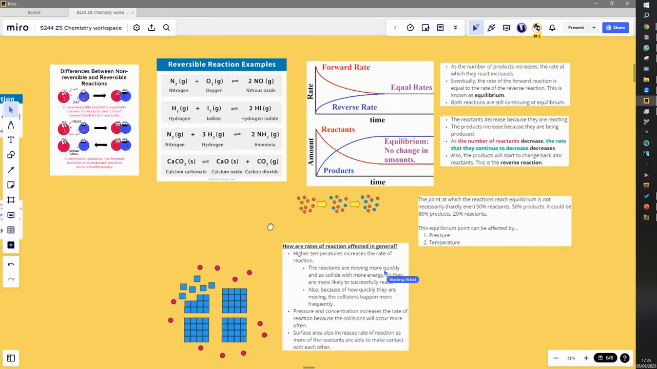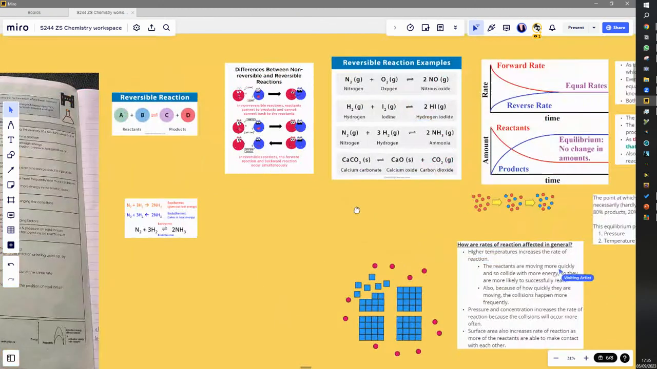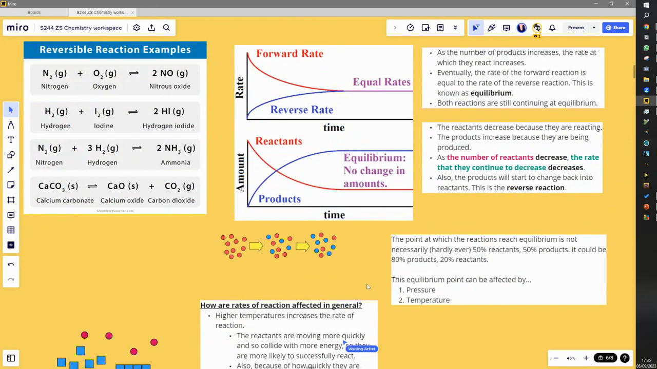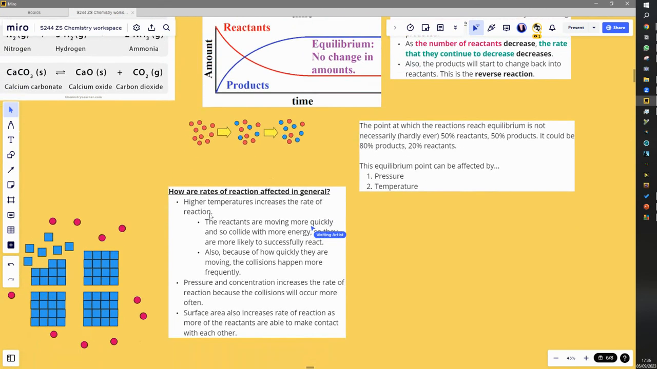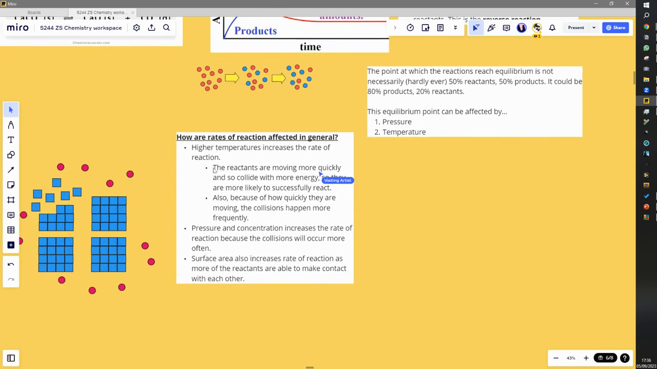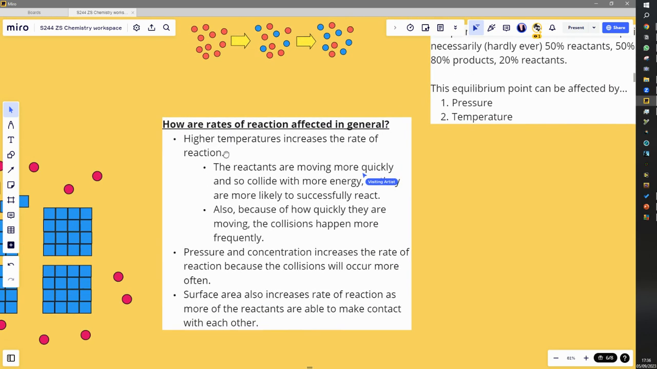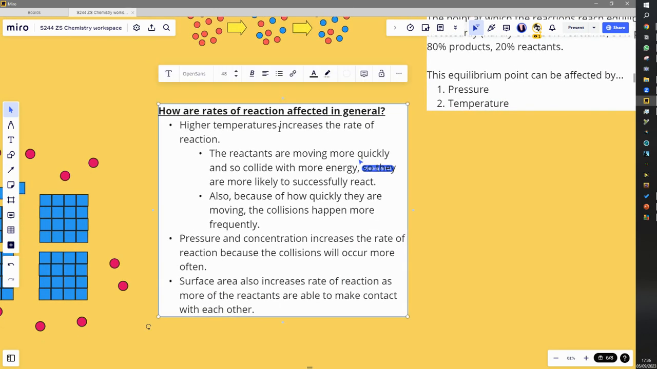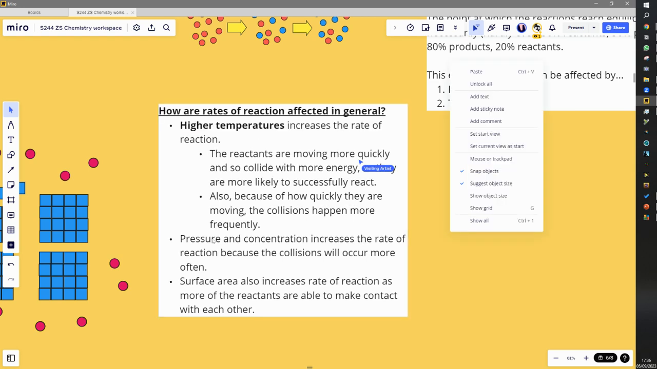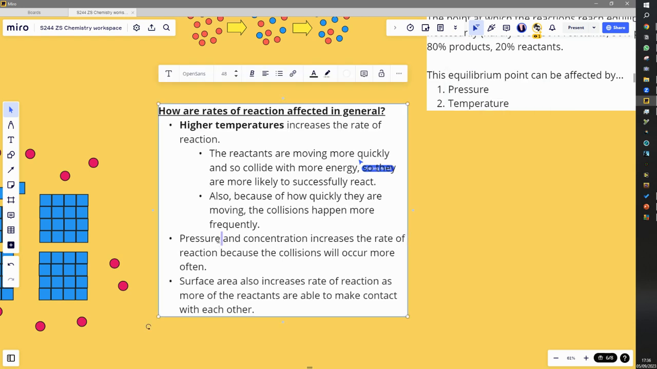Okay, so we're looking at rates of reaction here. We actually started looking at reversible reactions, then we went back a level really to focus a bit more on rates of reaction in general. And we're just looking at what kinds of things affect the rate of reaction. So, first of all, higher temperatures, different to pressure and or concentration is often what's talked about